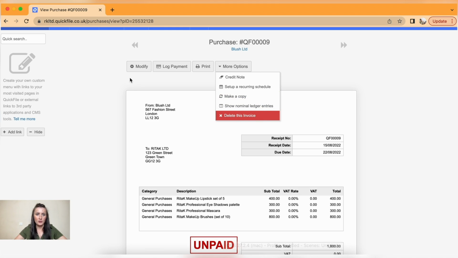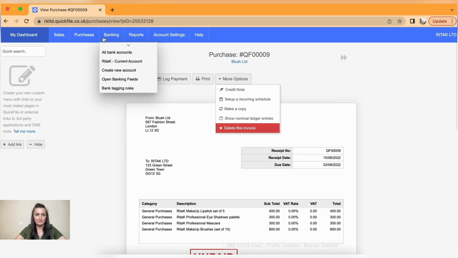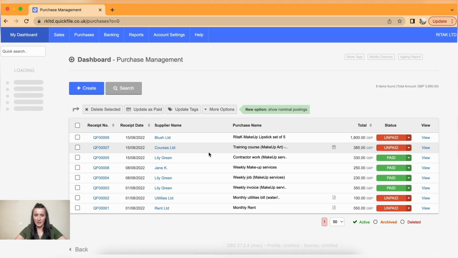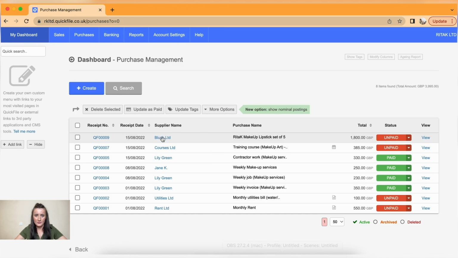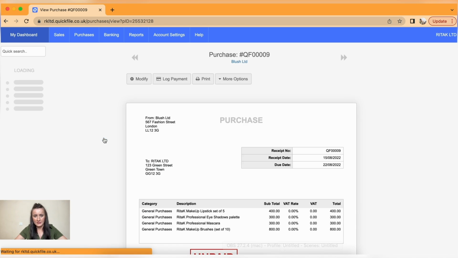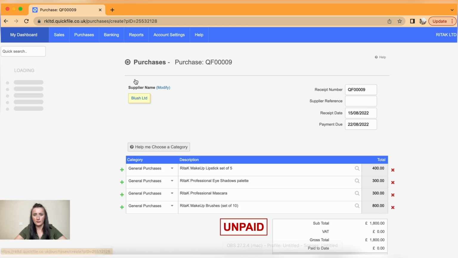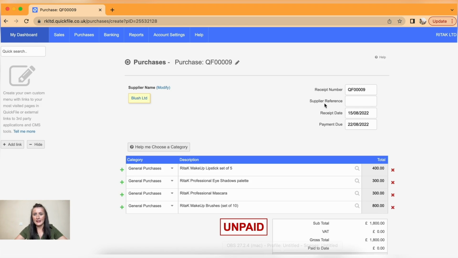So now if I go to my purchase list, and look at this invoice, the date of this invoice was 15/8, but actually it should be dated 1st of August. So I will click on this receipt and I will click on modify. And when I'm in modify, I can add the supplier reference. So invoice number in my case is